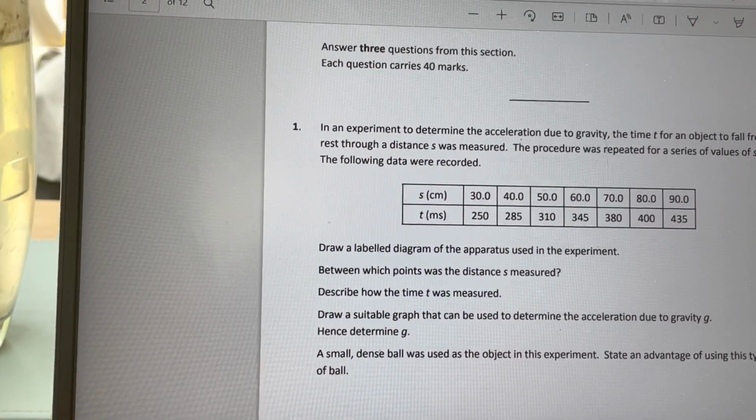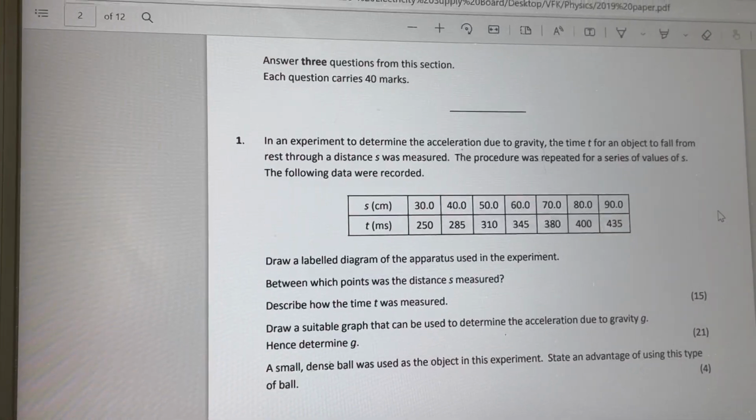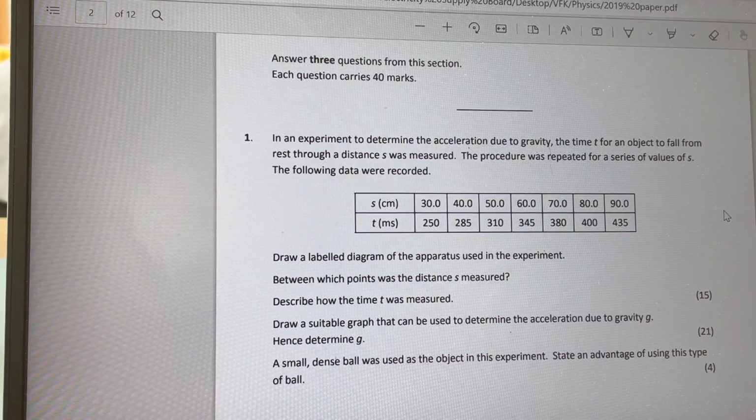When you're answering scientific questions like that, make sure you're not loose with your language. Don't say they noted how long it took, this kind of thing. Make sure you're always talking like a scientist. That means you are clear. There can be no ambiguity. So you say